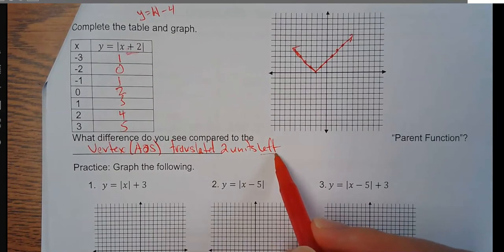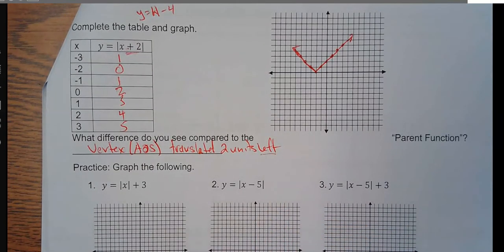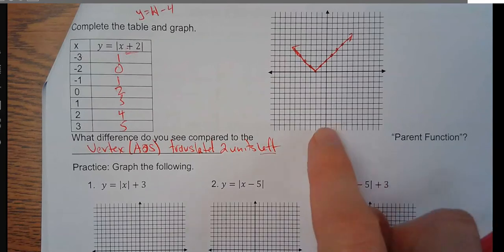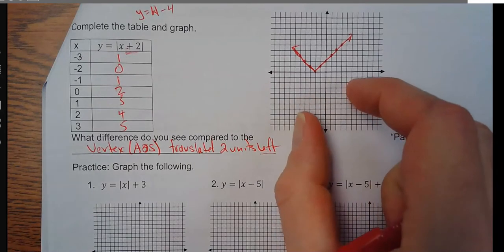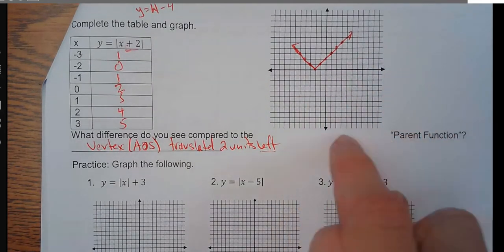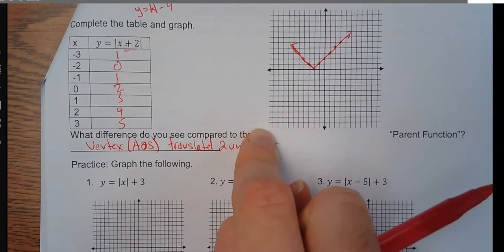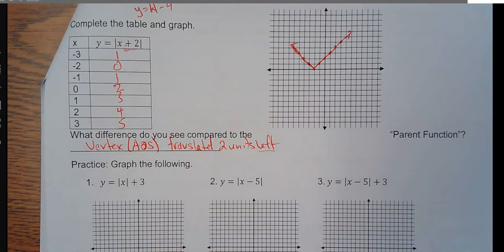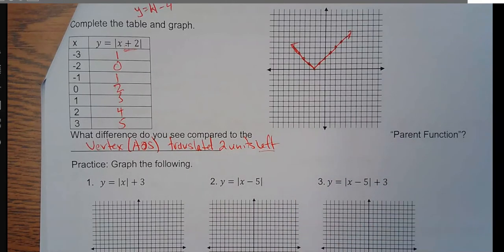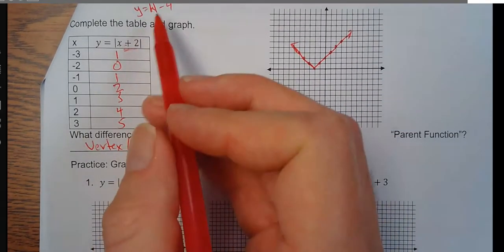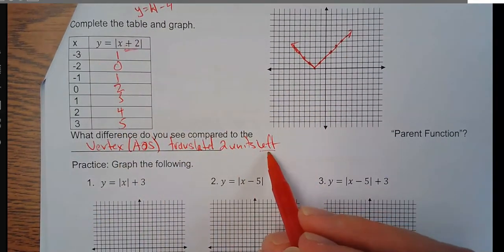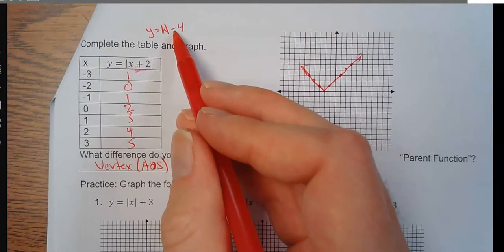Plus made it go left, and you would think plus would be right, but it's kind of the opposite of what you think on that one. I apologize for this. This graph should have been moved up so that this parent function question would be right here. Something happened when I copy and pasted from my individual files into one big file, and sometimes this happens with the margins. But yeah, so a plus inside means left, whereas on the front side, a minus on the outside